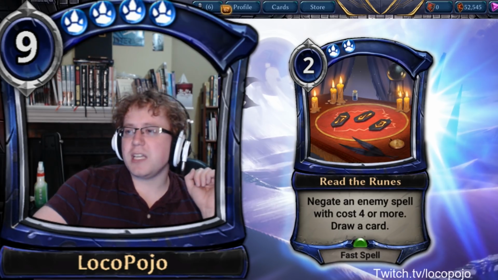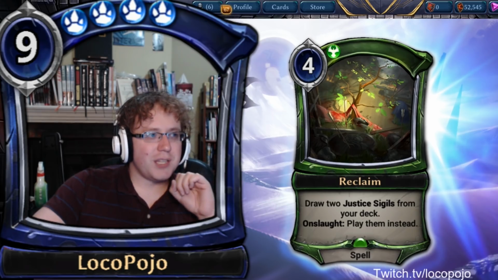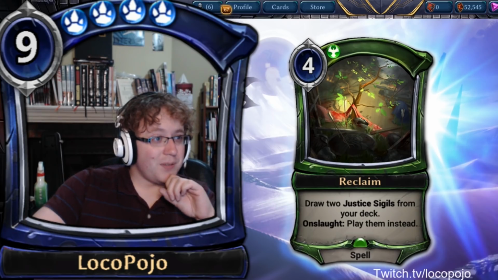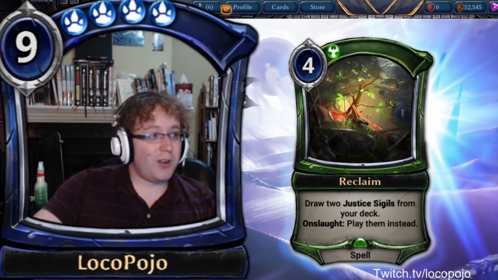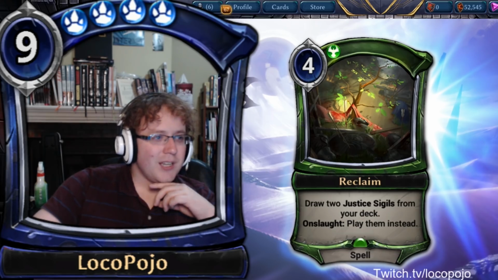All right, Reclaim. So, Reclaim is 2 Justice Sigils from your deck. Onslaught, play them instead. Definitely a good way to ramp if you're in green. Overall, this card definitely seems like it's going to be getting you from big to very big very quickly. It's a solid way to build up on